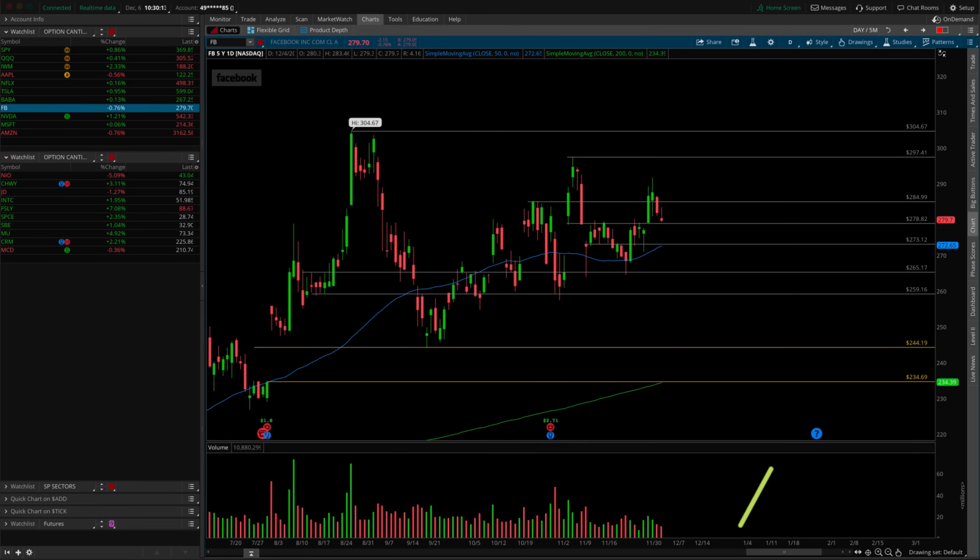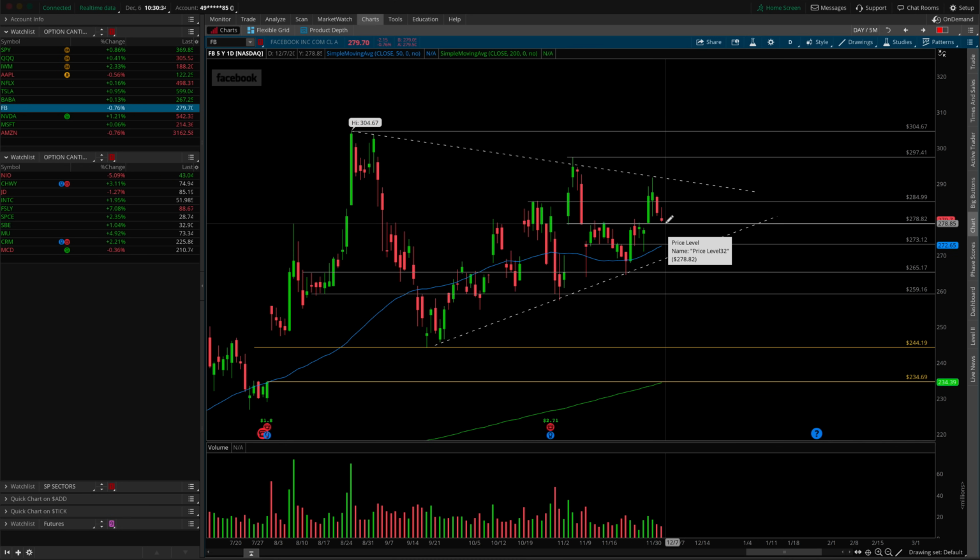Here on Facebook, we have some trend line drawing to be done. If we just map out something like this, boom, there's our support trend line, and here is our resistance trend line, something of the sort. So we're seeing that we are trending upward inside of the symmetrical triangle, but we haven't had a strong break in either direction yet. So that being said, if we fail back down below support here at 278.82,